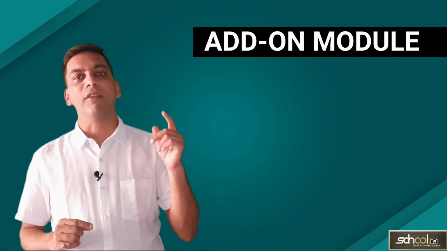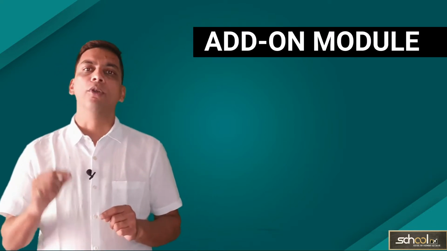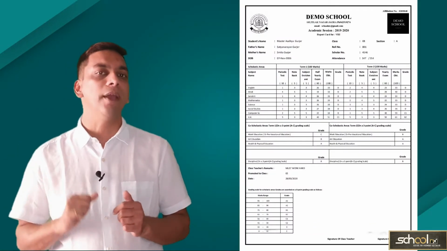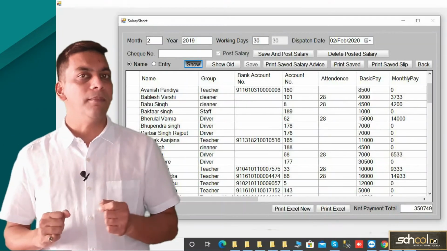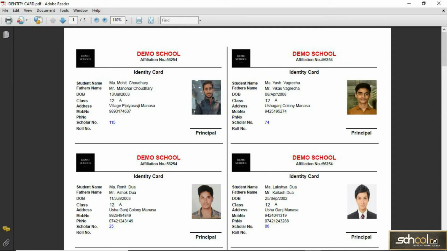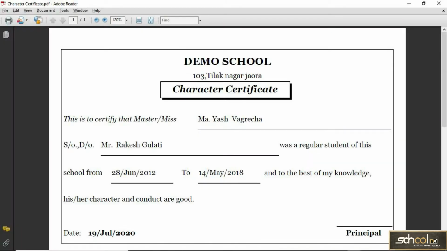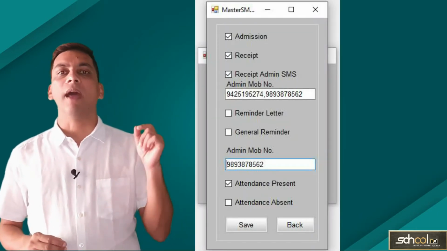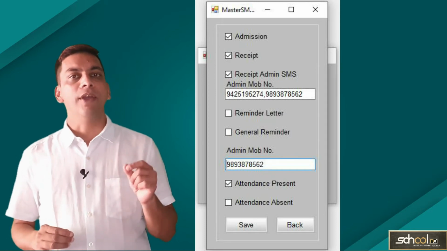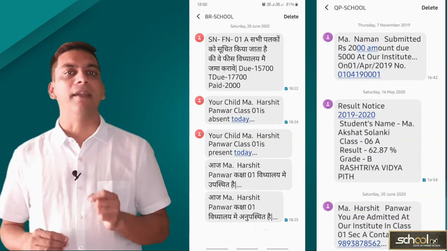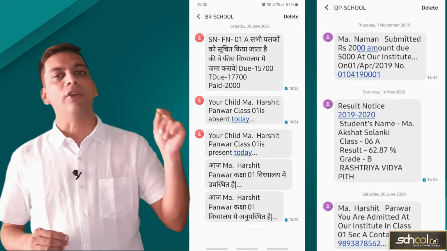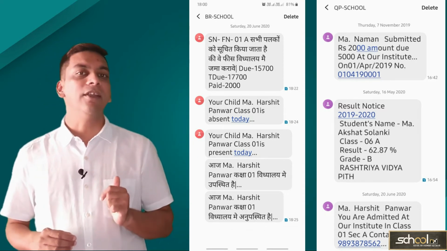Continuing with the next module, the add-on module. This is something that takes our software to another level. In this module, we offer features like exam management system, state board or CBSE, which includes mark sheets and required reports related to exams. Other than this, staff payroll system, student and staff ID card printing, library management, asset or resource management, school activity management, certificate printing, etc. With all these features, School NX also offers SMS integration in the software, through which you can send fee reminders and general reminders that help you communicate with teachers and parents. It has many more advantages.